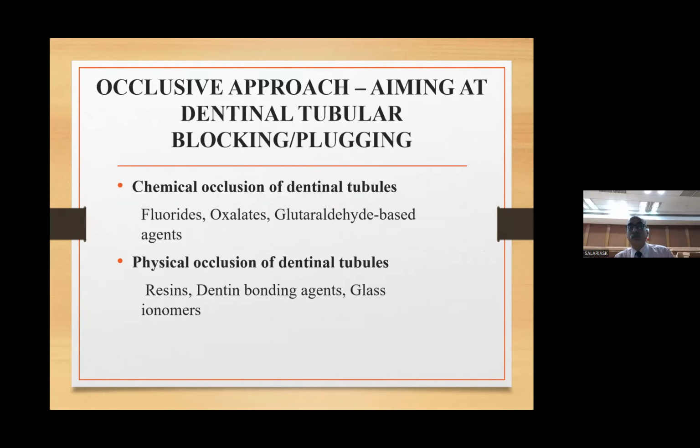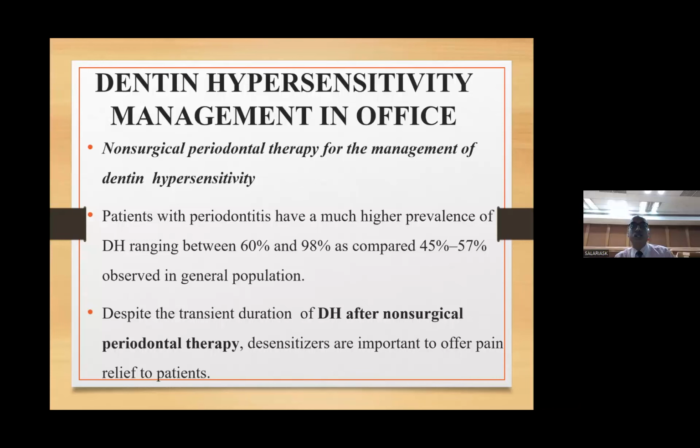Then comes the occlusion therapy. Dentinal, as we all know, most of the time, the patient who undergoes phase 1 therapy and has chronic periodontitis,